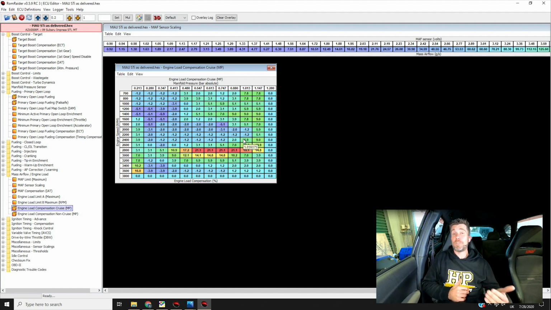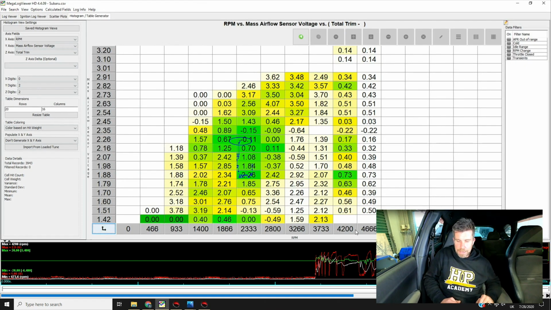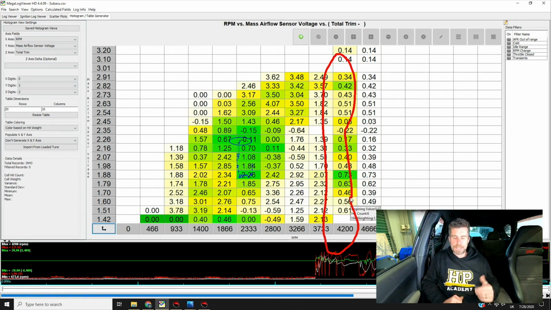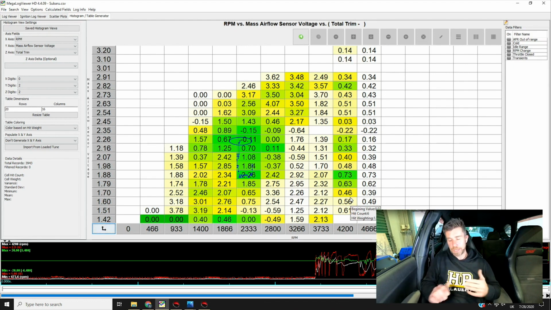We just need to know that when we're focusing on our mass airflow sensor scaling, we need to be either side of that area where we see those massive trims in our load compensation table. And that is why, if we head back, I have added RPM on this horizontal axis, because if we start seeing wild trims in around here, then that gives us a pretty good insight into where our error is. So we're looking, in this case, say 1800, 2000 RPM, looking at our values, all pretty good, plus or minus 2%, not unhappy with that. And then we'd be looking at 3800 to 4000 RPM. Again, I don't have a lot of data points, but pretty much exactly the same situation there.